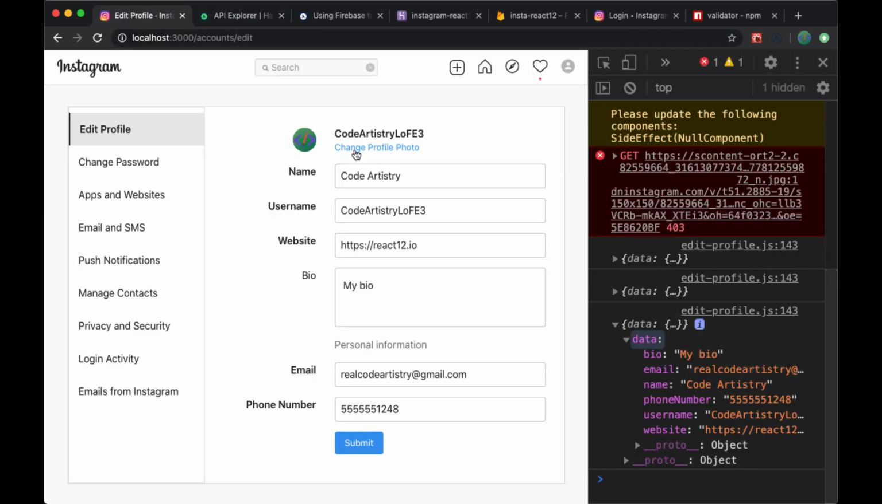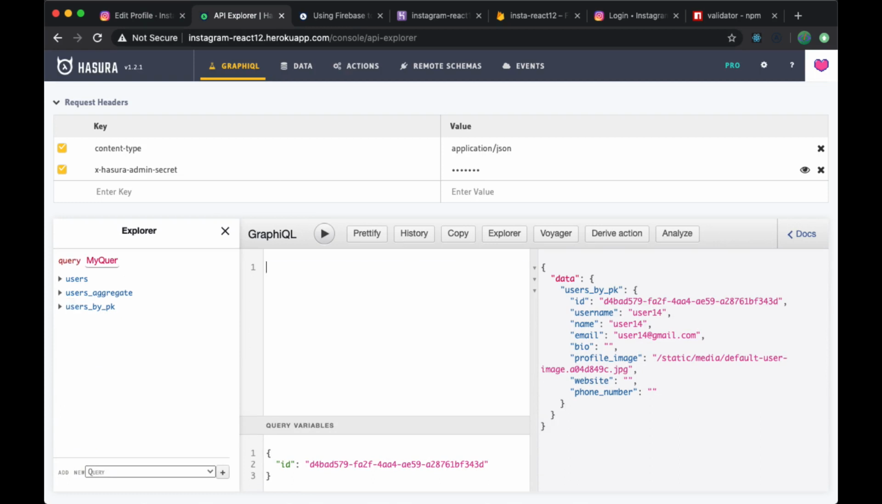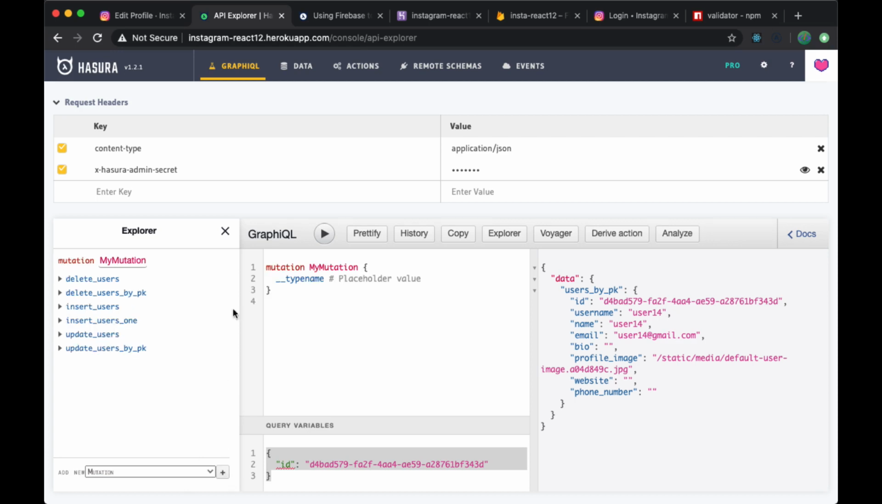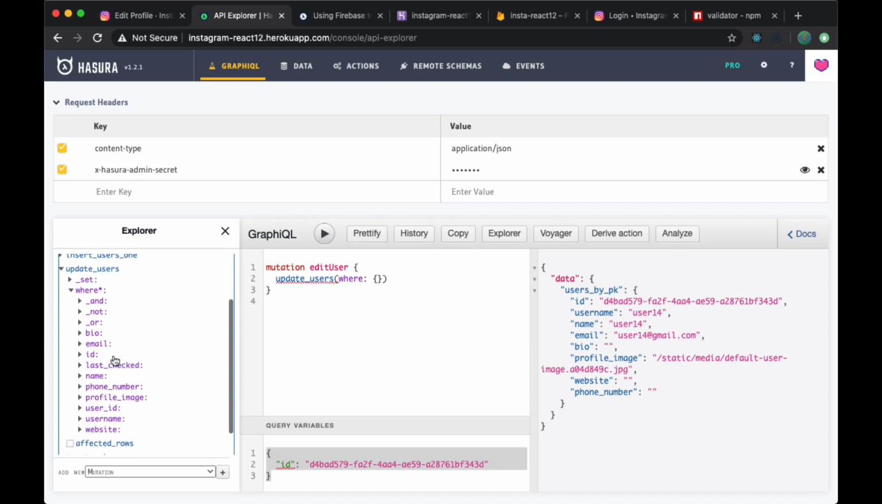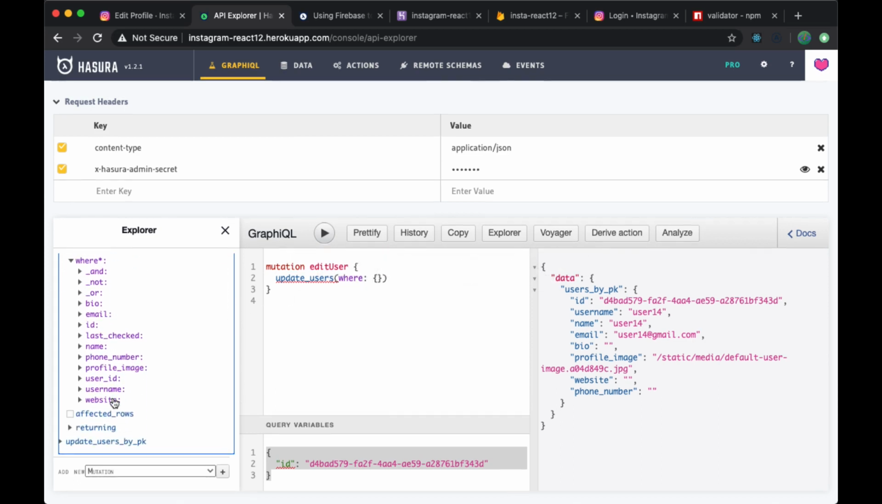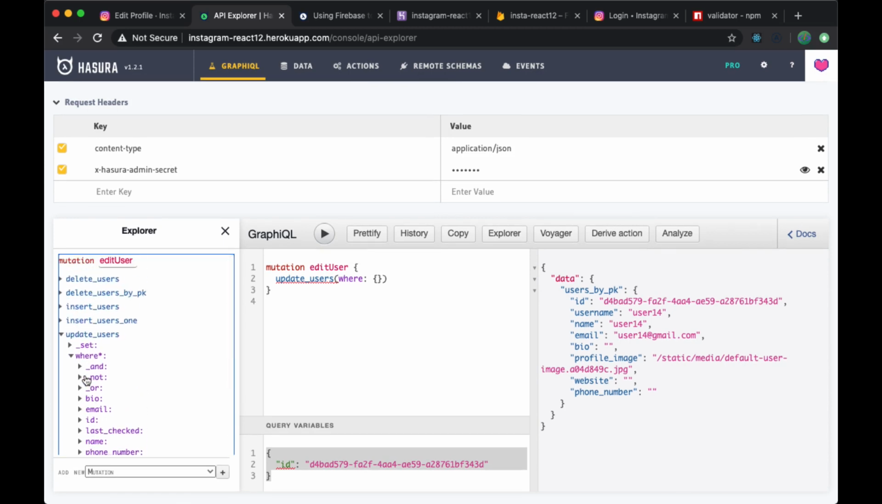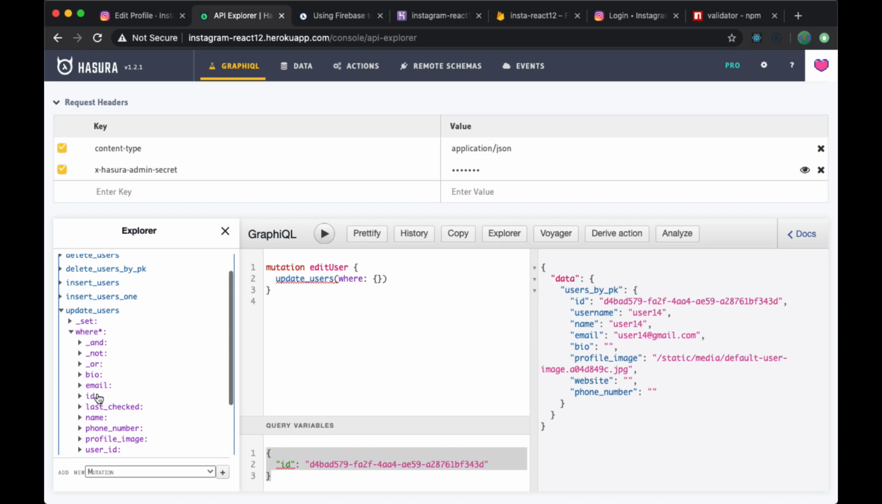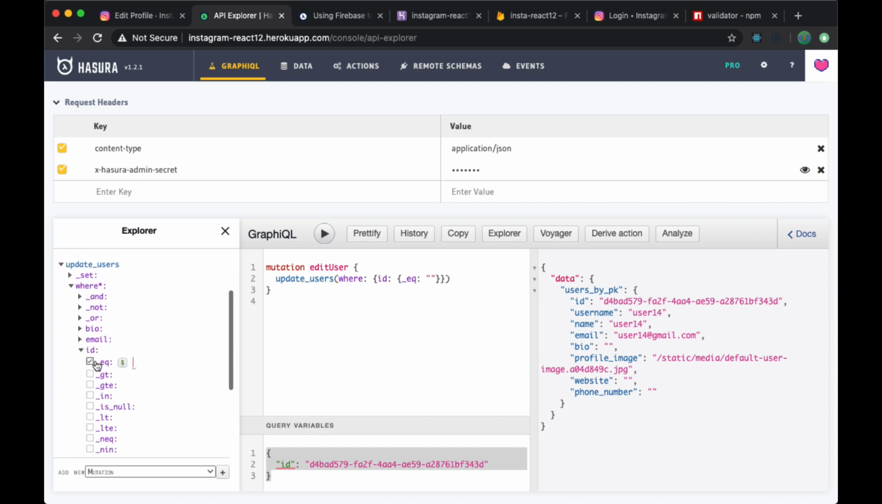We know that we're going to define the given user and then update their name, username, website, bio, email, and phone number, all 6 of those fields. So let's write that. So we want a new mutation, and this is going to be called edit user. We can remove the type name field. We want to update a user. Note that we can update a user with the update users option or update users by PK, whichever one you want. I'm going to use just update users where the ID is equal to what we'll call a variable that we'll call ID,